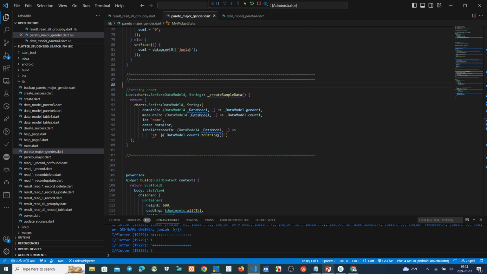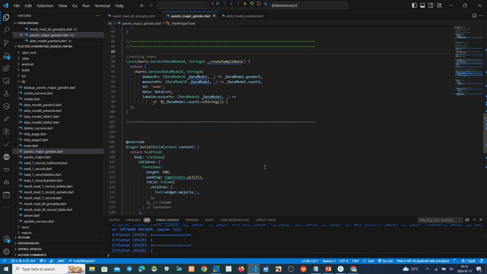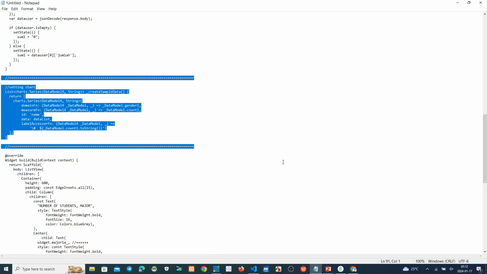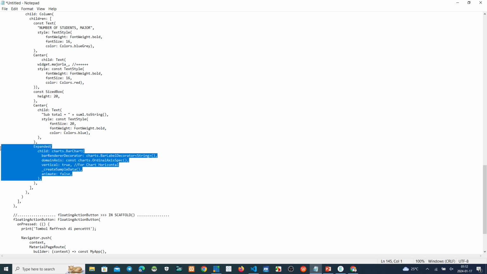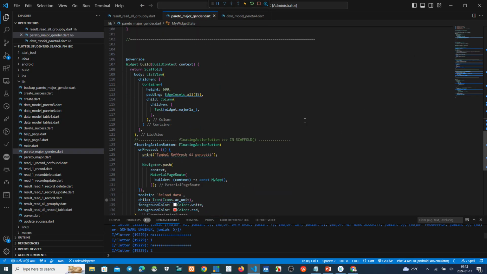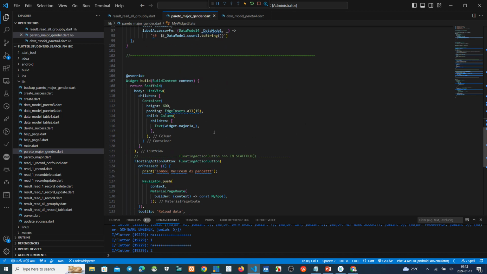Now we want to show the result on the screen, so we must put this into the widget. Okay, this one, where is it? Okay, this one.